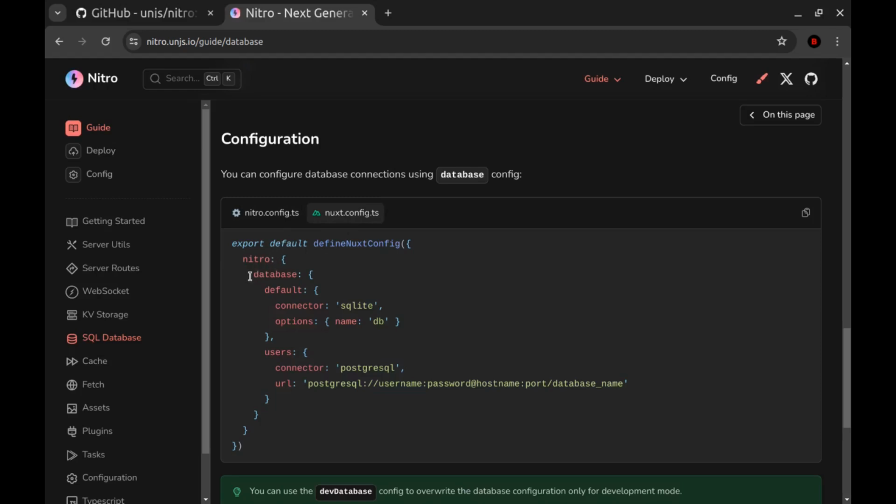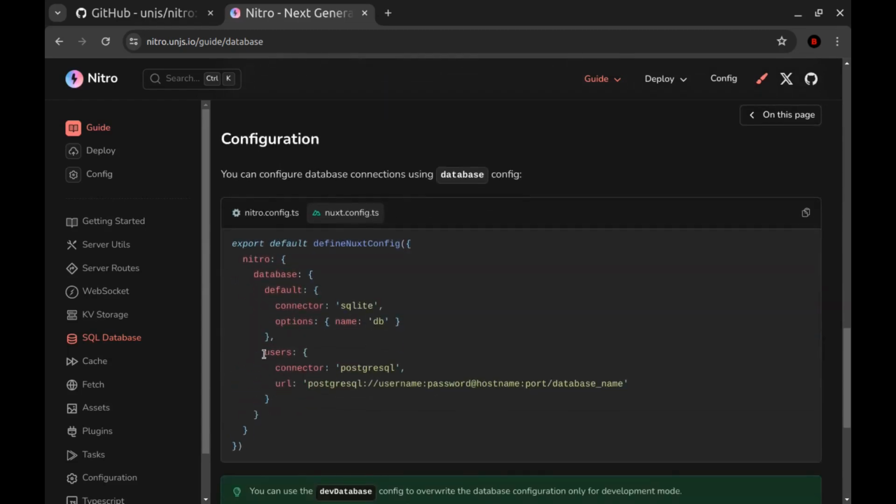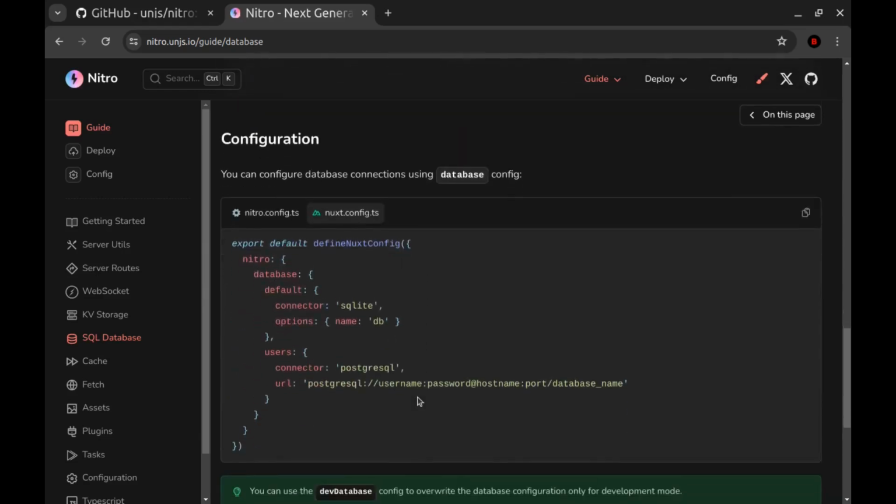In Nitro, we need to define the database property, and within it, define databases. This is the default database, and this is the users database. Default and users. Each database has its own connector and options. And if you define the default database, here in useDatabase, you don't need to define the name like this. But if you choose a name for your database, here in useDatabase, you need to define it. Anyway, now I copy this